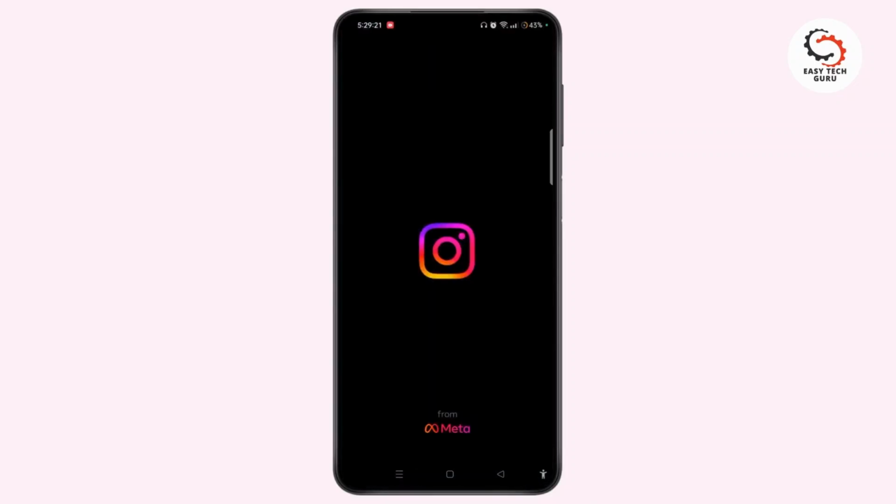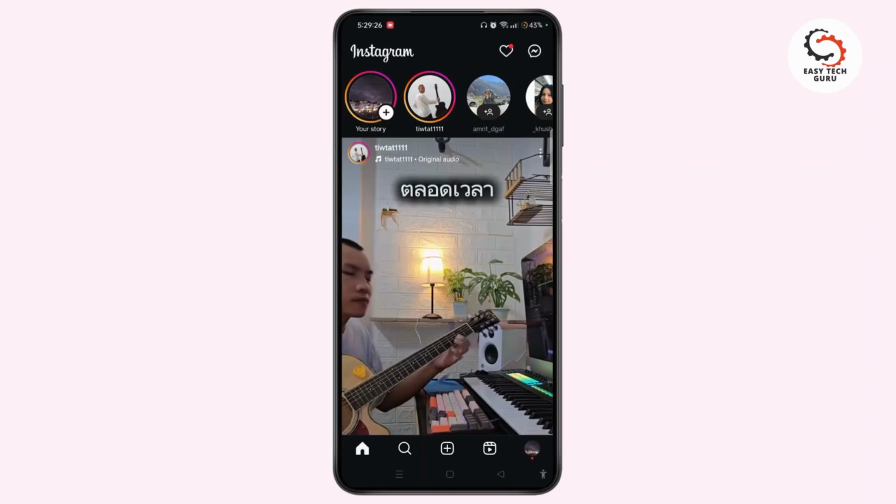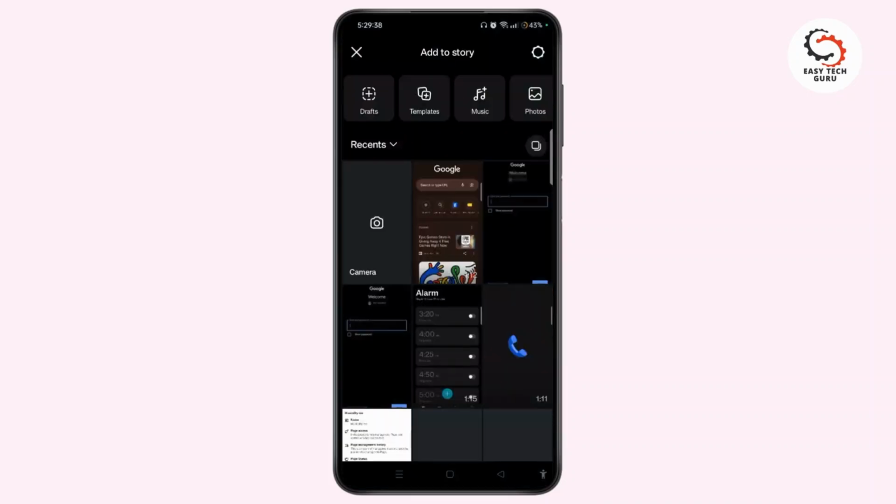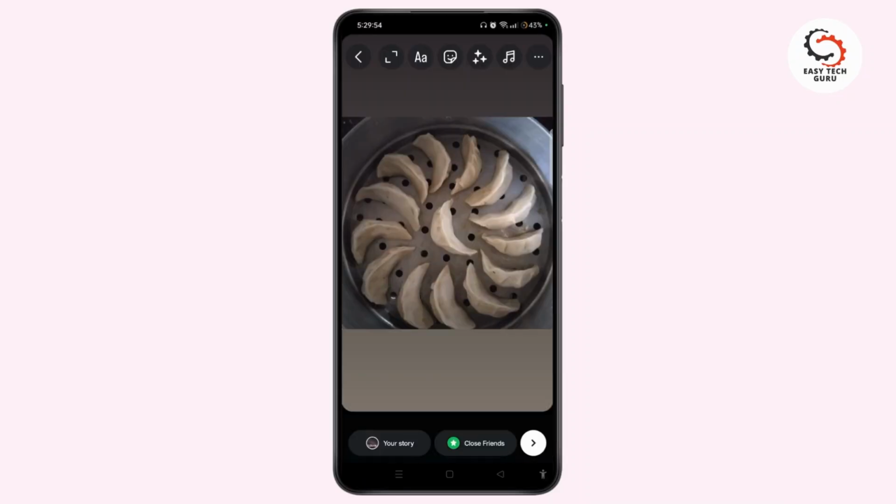Launch Instagram app. Log into your account. Proceed by tapping your story at top left. Now add any photo or video, or you can capture by tapping on camera icon at top left. Then you can easily edit this photo which you want to add on your story by adding stickers, music, filters,